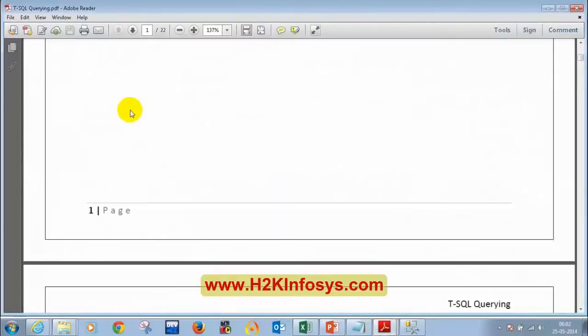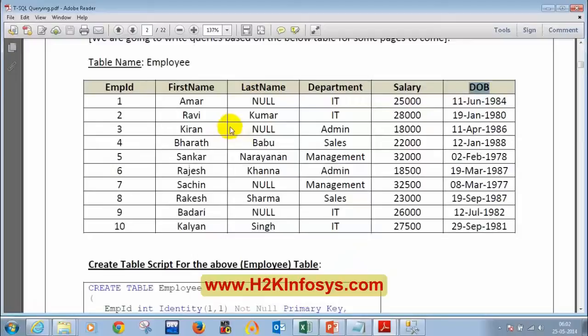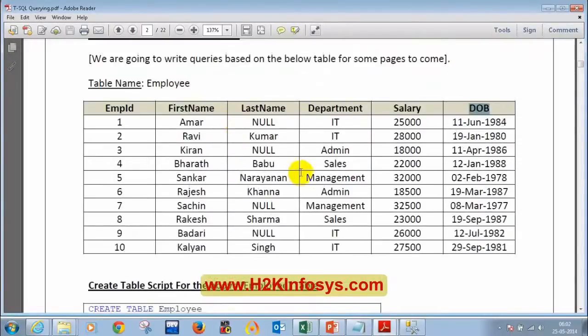Now I'll be creating an employee table with these columns: employee ID, first name, last name, department, salary, and date of birth. Before that, let's explain some of the data types which we use.